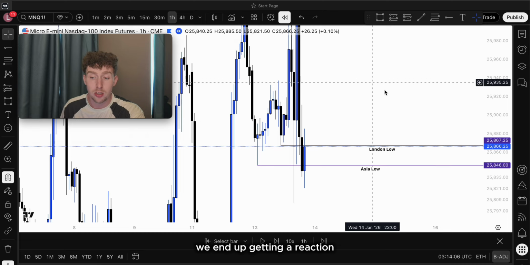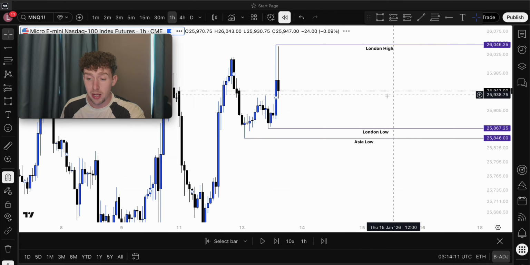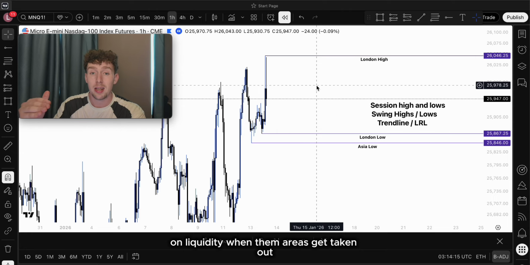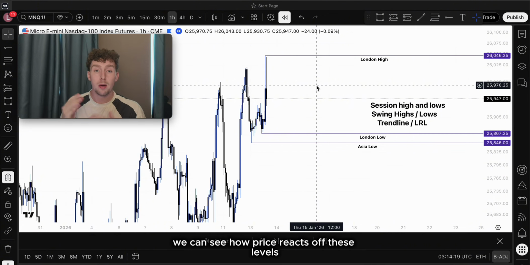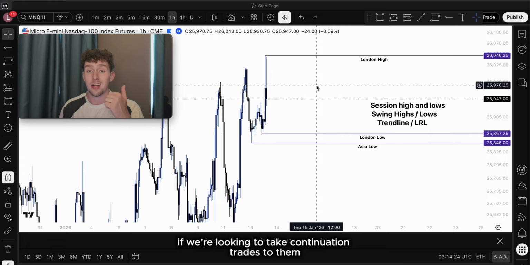We end up getting a reaction. So we could have been able to take a position on this day. But that is very simply how we mark out one of our key draws on liquidity. When them areas get taken out, we can use it to then go higher or continue lower. We can see how price reacts off these levels, and they're also good if we're looking to take continuation trades